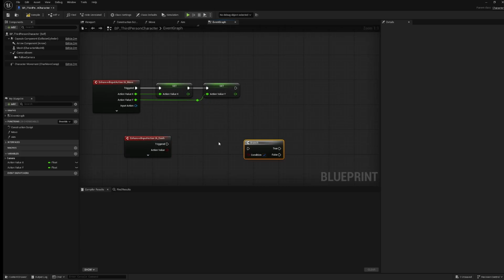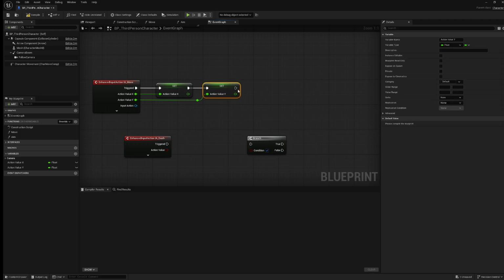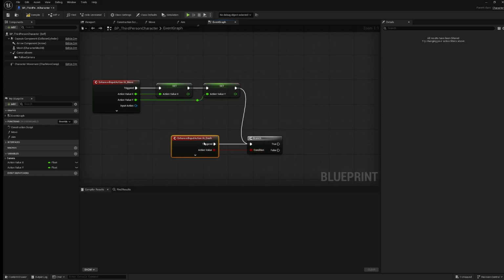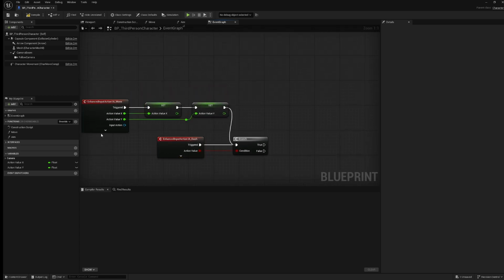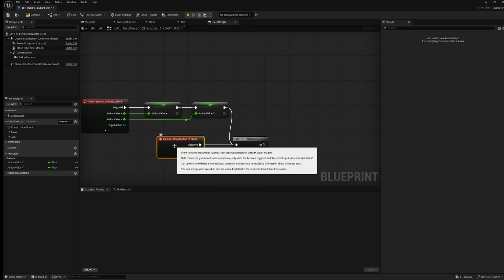Then we will set a branch at the end, and we'll route our triggered move into the branch as well as our dash input and connect the action value. So now when we move, we'll be able to use these action values to direct our dash direction,